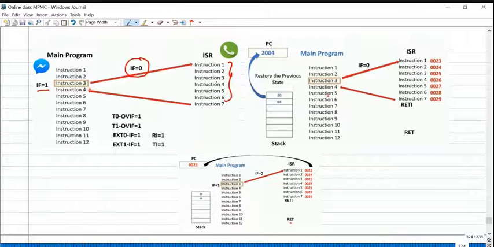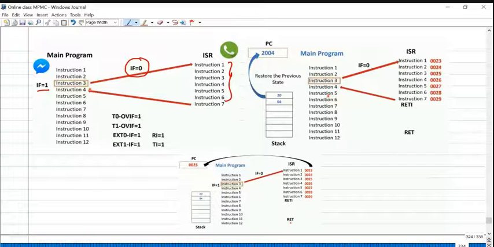Once all the instructions available in the interrupt service routine are executed, it will come back to the normal position. Please remember this. Interrupt occurs, the corresponding flag bit will be set. When the processor starts servicing the particular interrupt, then that flag bit is 0. In general, I have written the flag bit.